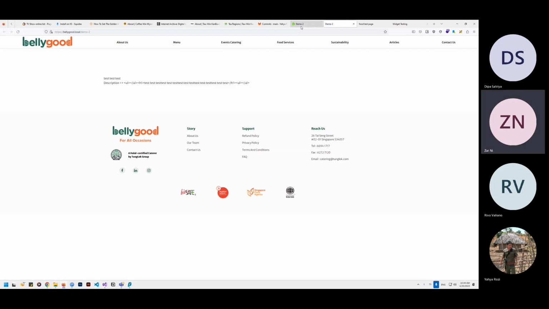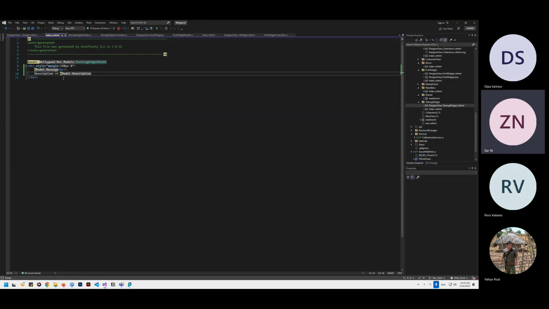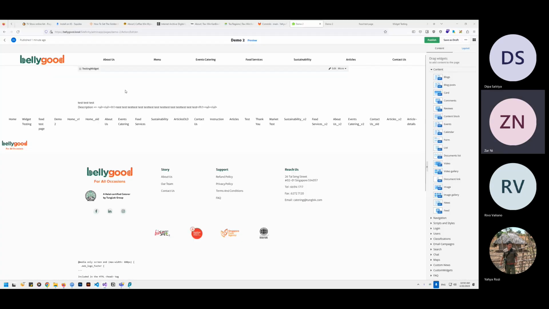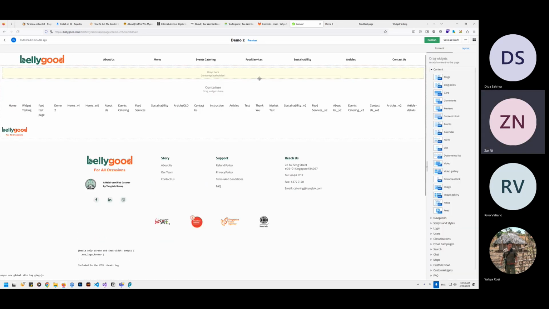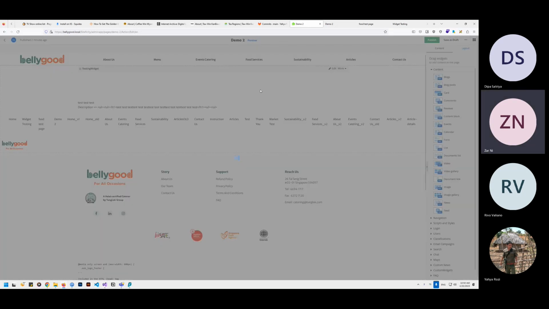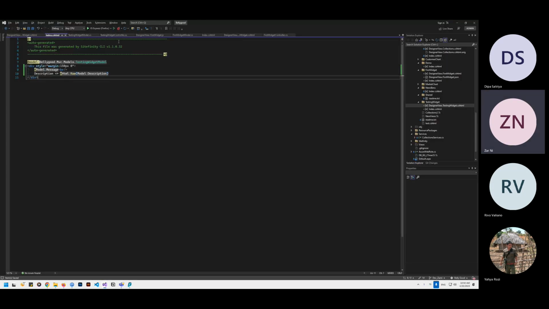So for the HTML, we have to use it in the view most of the time, something like this to render the HTML text, because this is from the HTML field. Okay, so far this is quite straightforward and easy. So let's try